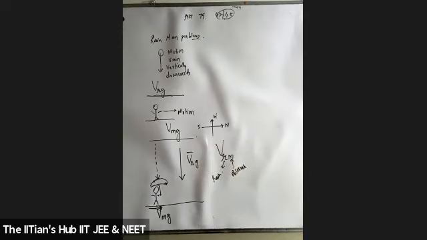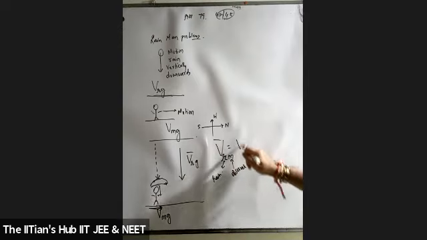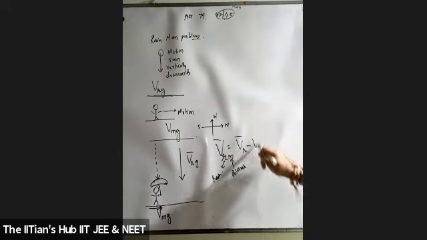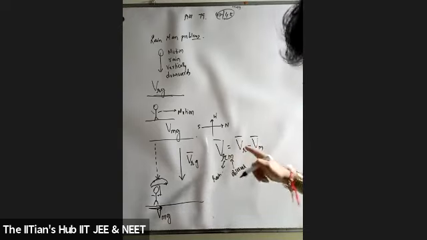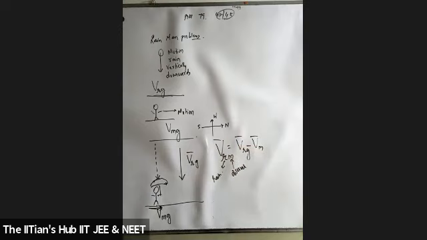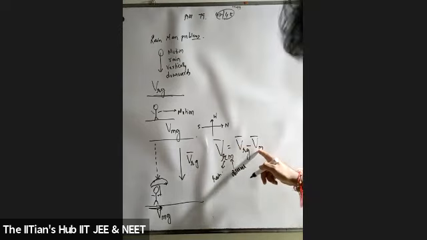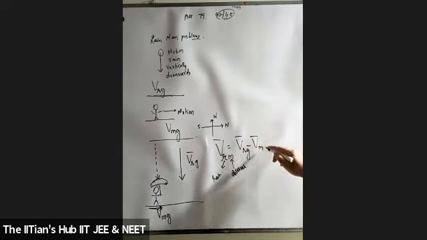Is this part clear? Yes. Now if I write it down, what will it be, sir? Velocity of rain minus velocity of man. Students, look at the sign. This will be the velocity of rain, that means rain with respect to ground. This is the velocity of man, but man with respect to ground.